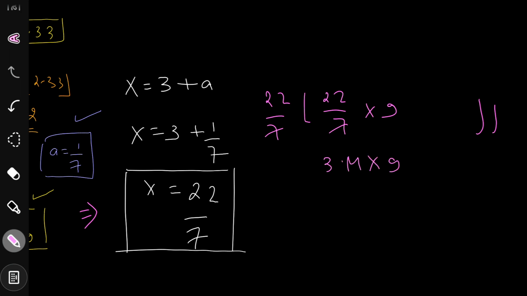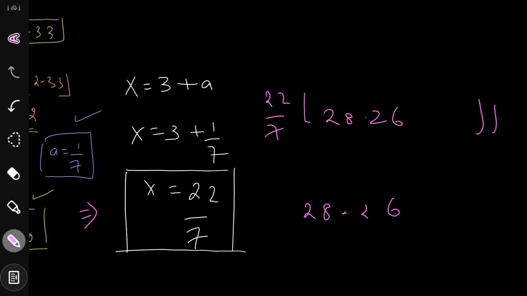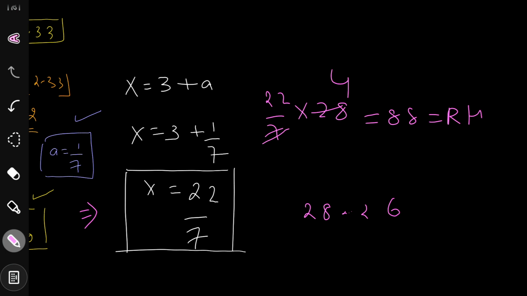Now this is 3.14 again multiplied with 9. So 9 into 4, 36, 6 over here, 3 carry. 9 into 1 is 9 plus 3 is 12, so 2 over here, 1 on the top. Now 9 into 3 is 27 and 1 is 28. So the value of this multiplication is 28.26. So if I replace this thing as 28.26, now floor value of this thing will turn out to be simply 28. So 22 upon 7 into 28. From the table of 7 it goes 4. So 22 into 4 is 88, and that was present in the right hand side.